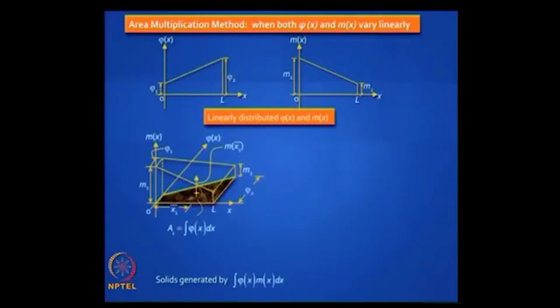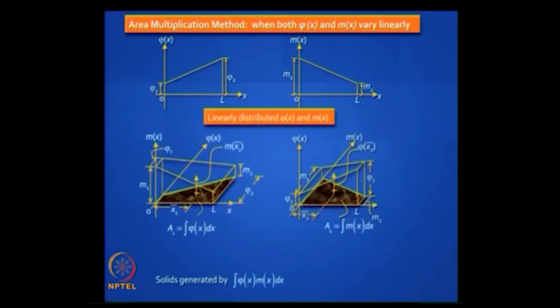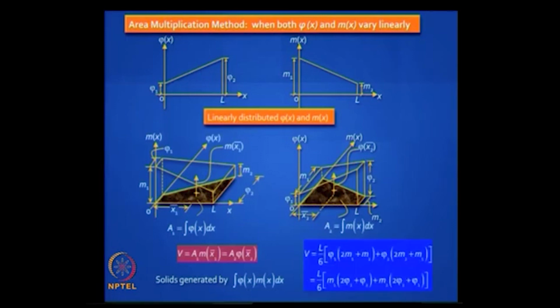And there are many examples, you have studied it last semester. One of the most common examples is when you have to multiply two trapeziums. Let us say the curvature diagram is also a linearly varying diagram, then it does not matter which you put on the ground, because you will get an accurate answer either way. So the formula you have to remember when you deal with a situation like this is